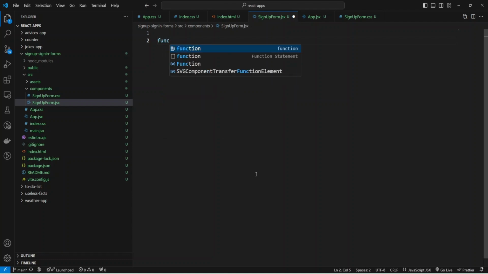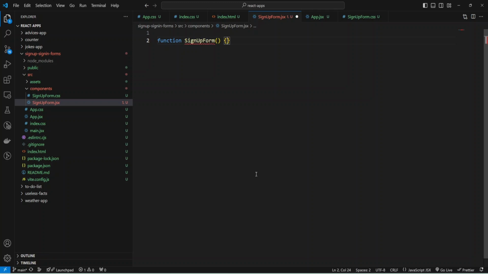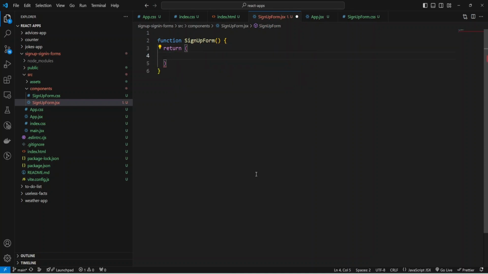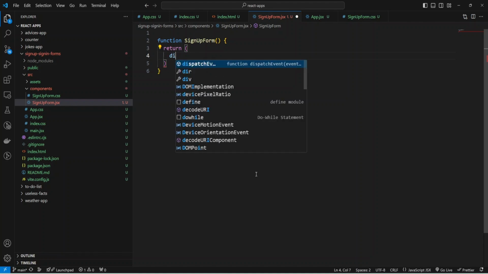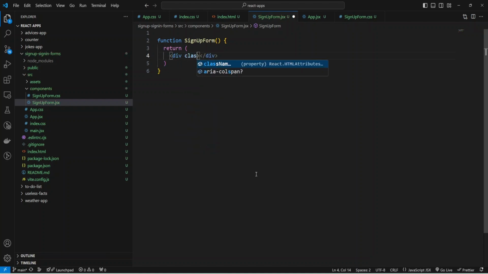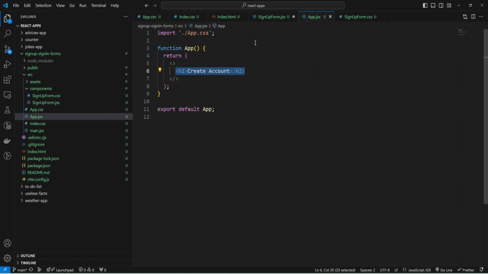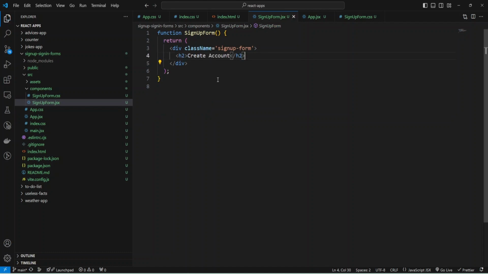It will be a function with the name SignUpForm and return some JSX. Actually, I can create some container div and give it the class name sign up form, and inside the div for now I'm just going to copy paste this create account and save it.